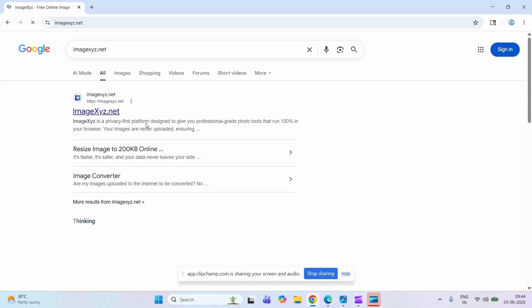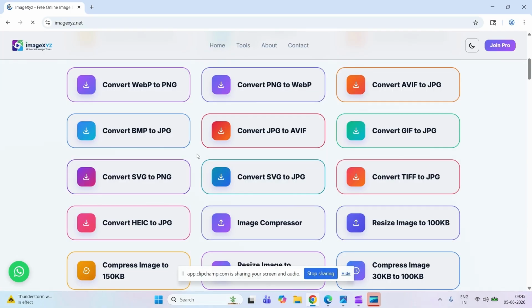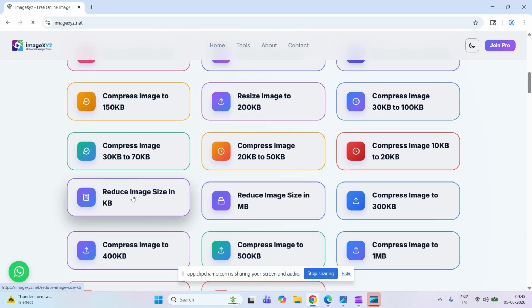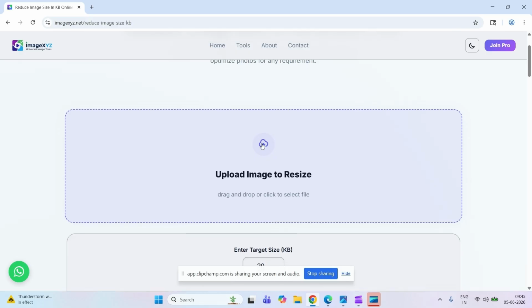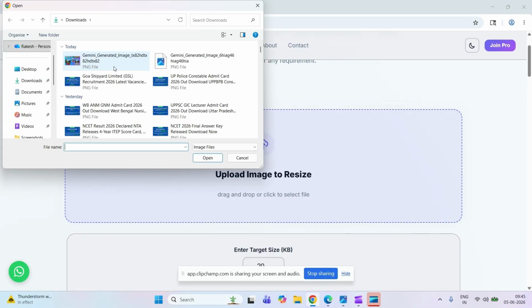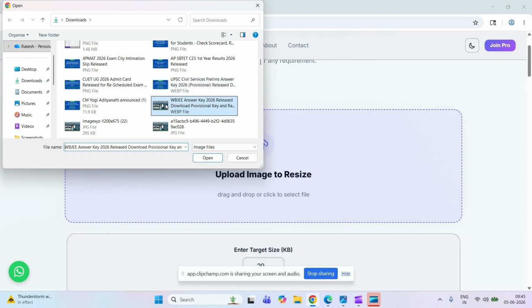My internet is a little bit slow. Search for "reduce image size in KB", click on it, and just upload your image over here. It will not upload to our system. It will reduce your image size on your device, either mobile or PC. Just upload any image over here,